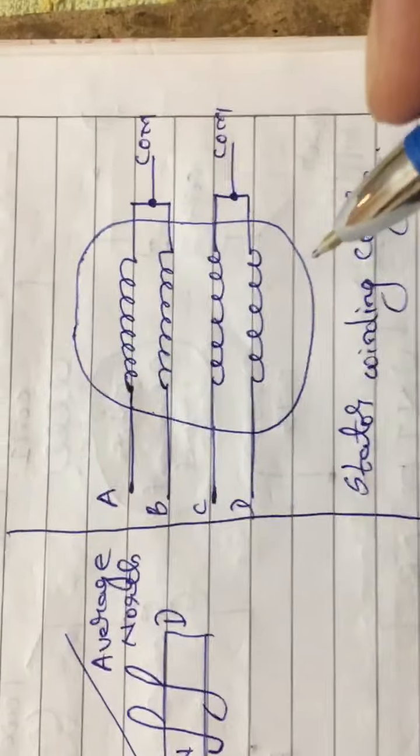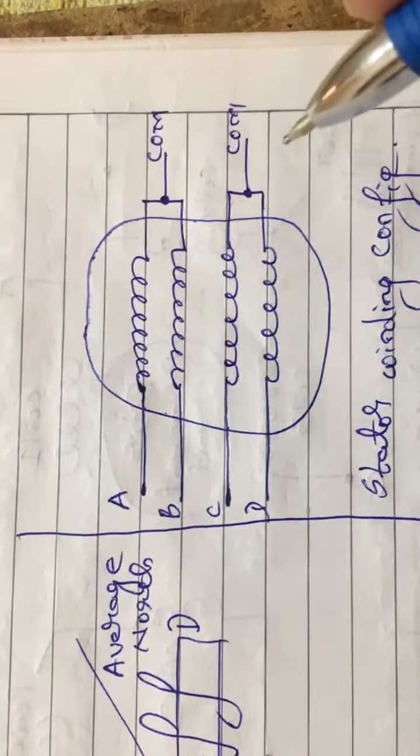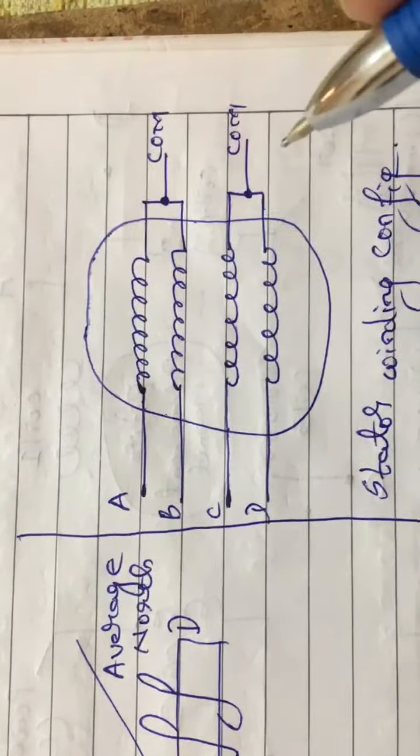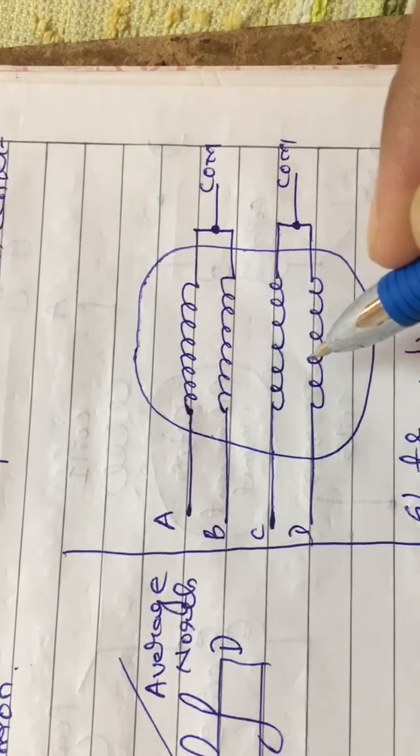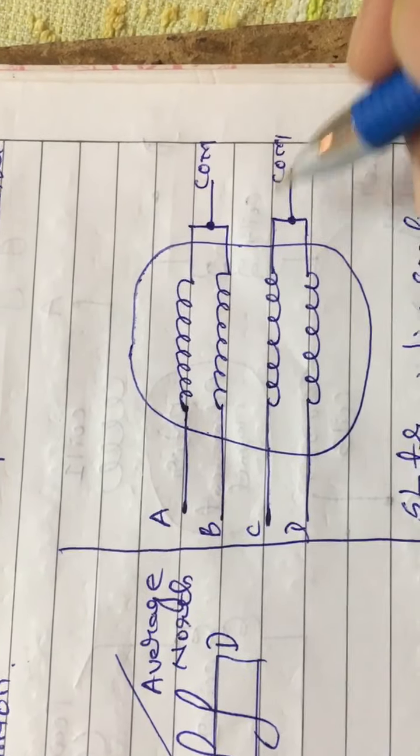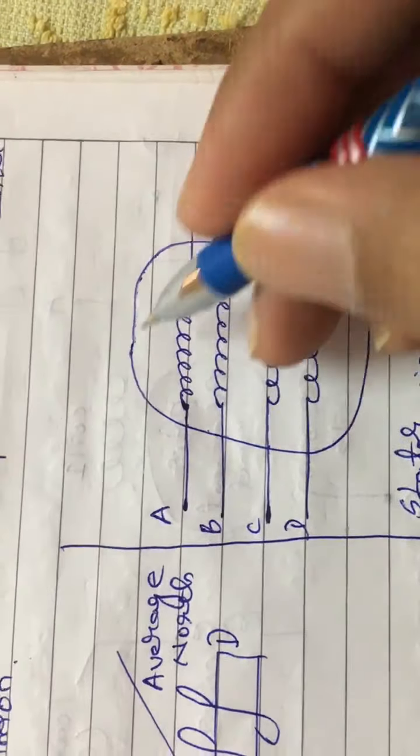Then let us take one example of stator winding, how actually the winding will be done. This is the first coil, and that coil is called A. One end will be open and one end will be connected with one more coil, that is the B coil. So these two are connected and that will be taken as a common, and similarly C and D will be connected, that will be taken as a common. So this will be one type of stepper motor, and that is called a unipolar stepper motor.